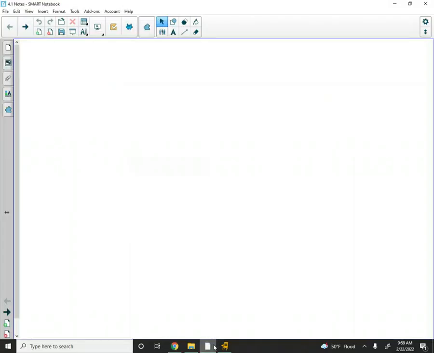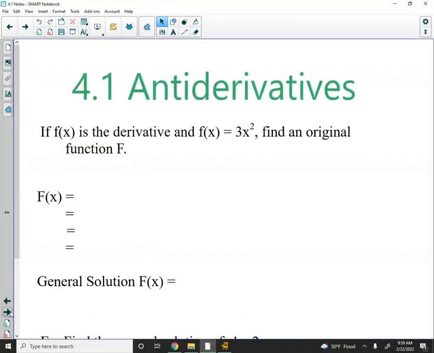And that was anticlimactic. Antiderivatives. We're going to learn how to take a derivative and go back to the original. So this is what this whole chapter is on, antiderivatives. Now,